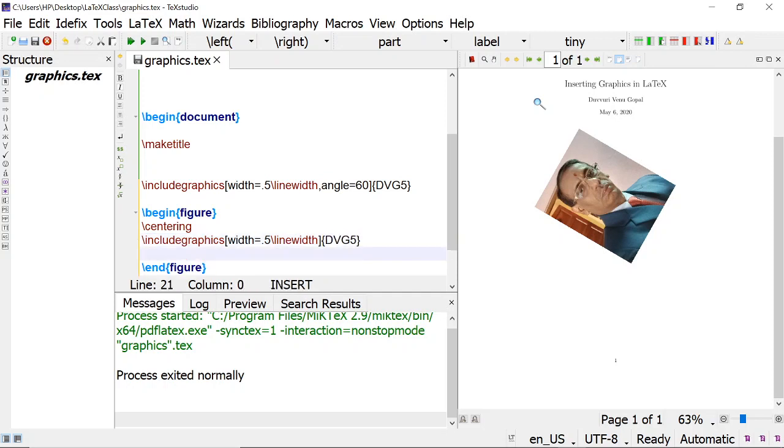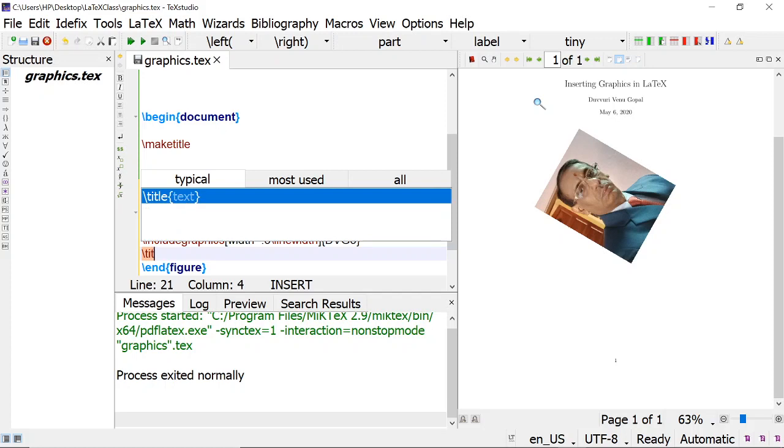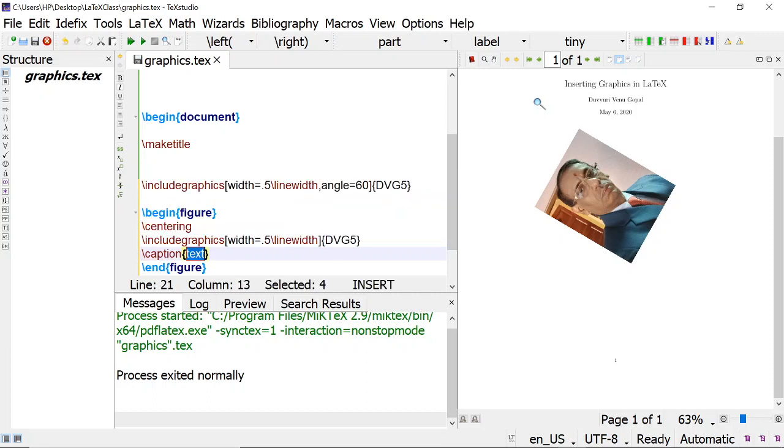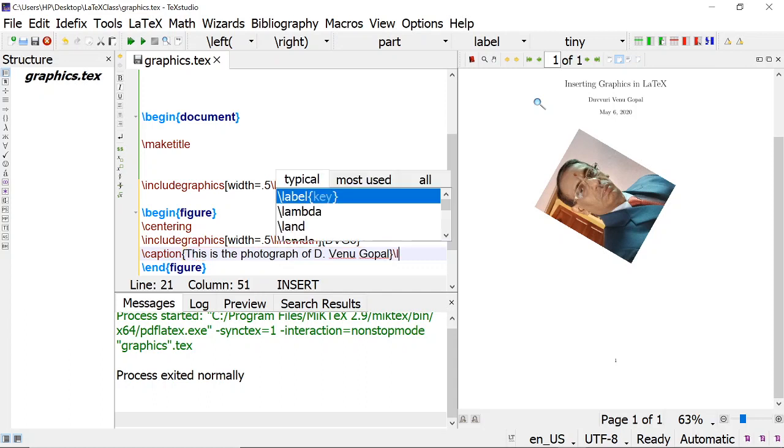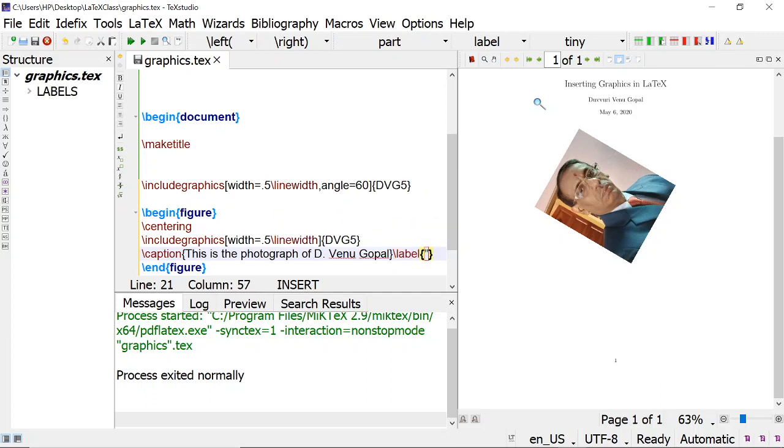Now I can put a title also, caption. And I can put immediately one label also. What I put is fig colon DVG.